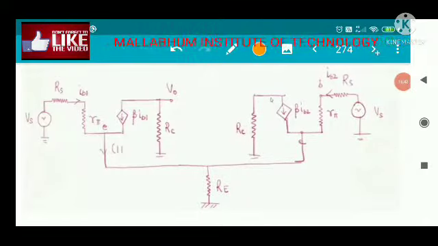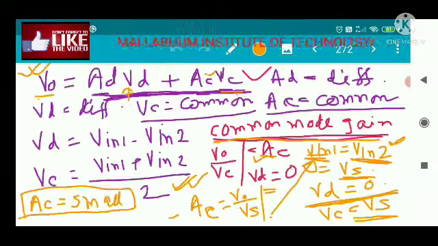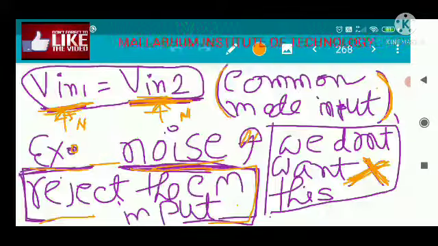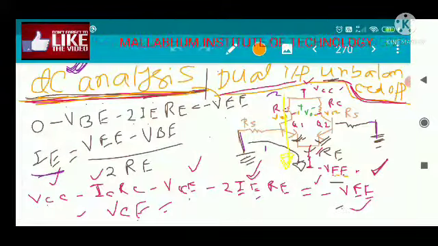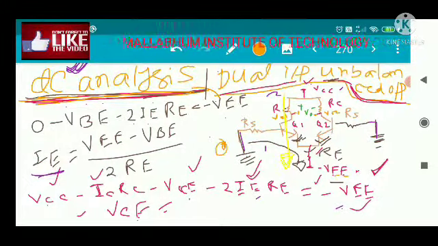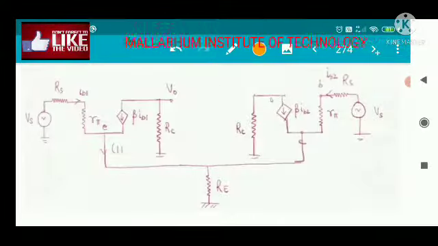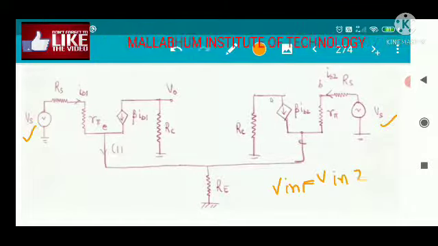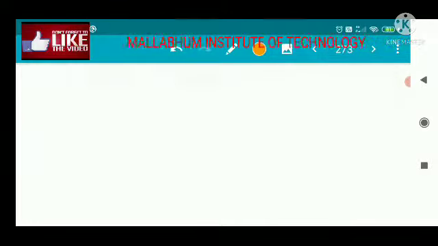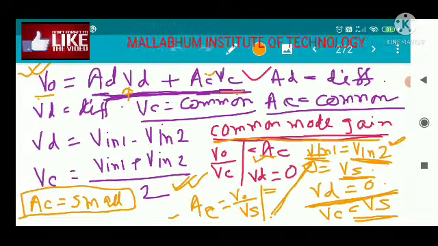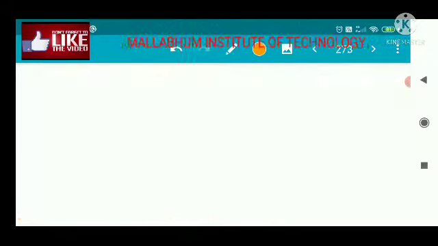So this is the equivalent circuit diagram of the transistor. You can see there is a voltage Vs, there is a voltage Vin1, and there is a voltage Vin2. This is Vs to Vin1 and Vs to Vin2, because we are calculating the common mode gain. So Vin1 and Vin2 will be equal to Vs, that we have discussed here. Vin1 equals Vin2 equals Vs, that we have considered.